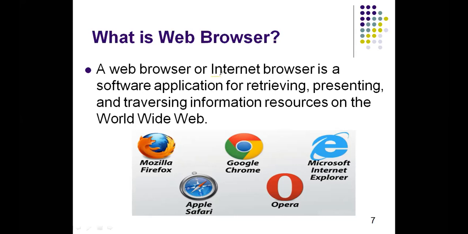This web browser, or internet browser, you can call it by a different name. What is the different name here? Internet browser. And what is this? This is nothing but software, more specifically a software application. Basically, we have two types of software: system software and application software. In our third chapter, you will learn what system software and application software are. So a web browser is one kind of application software.